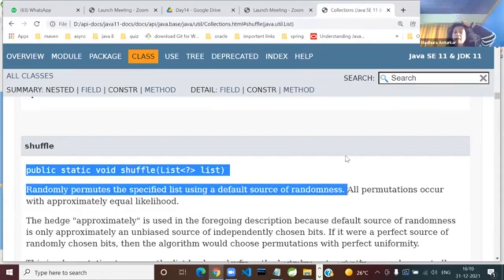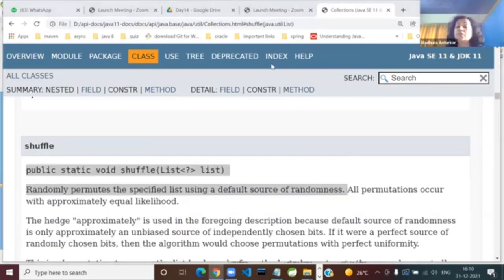Read the highlighted description. So I hope you have read this. So tell me,